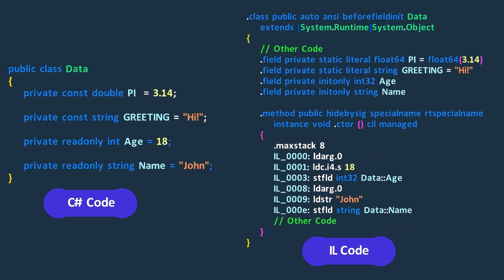Lastly, let's talk about the performance impact of these fields. Because const fields are evaluated during compilation, they offer better performance when it comes to accessing their values. The values of const fields are directly replaced during compilation, so there is no need for any runtime evaluation.